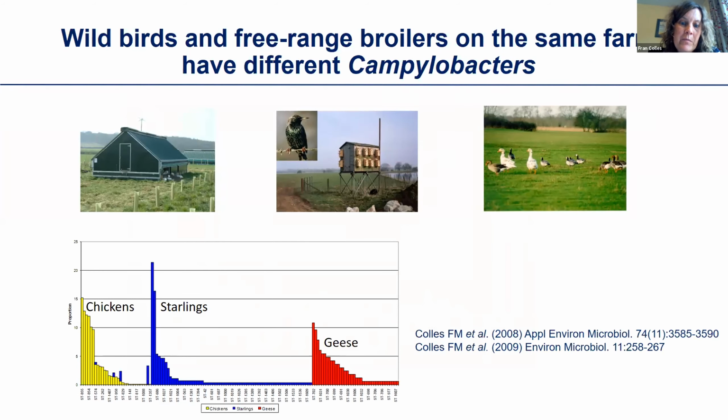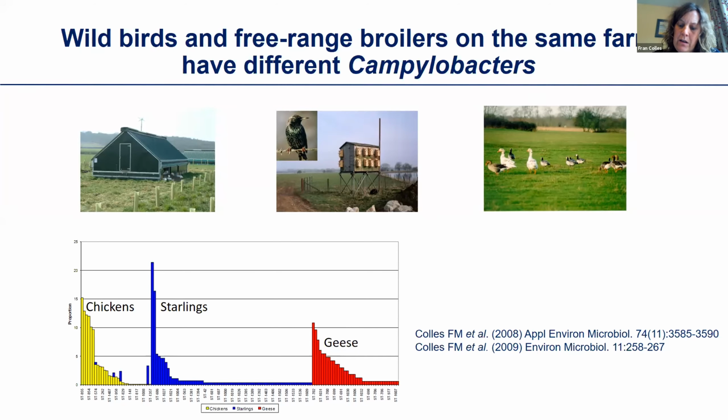So this is work that I did for my PhD, which is also quite a long time ago now, testing the hypothesis that chickens become infected with Campylobacter from the environment, in this case, wild birds. So we were looking at 2 species of wild birds that are on the university farm in really big numbers. So we wanted to make sure that we captured all of the diversity of Campylobacter in these 2 species. And then we also looked at free-range chickens on the same farm because they're the worst case scenario. They're definitely interacting with their environment. And you can see from the bar chart there that they have very distinct